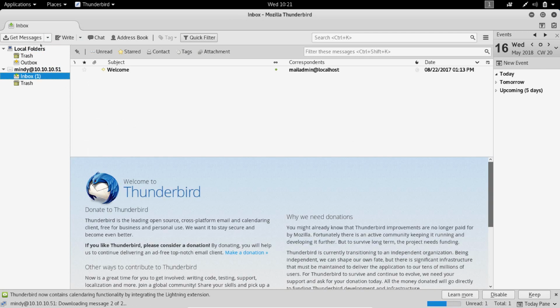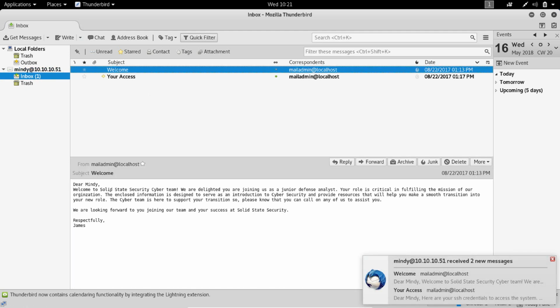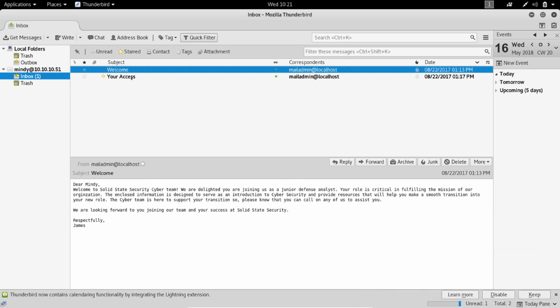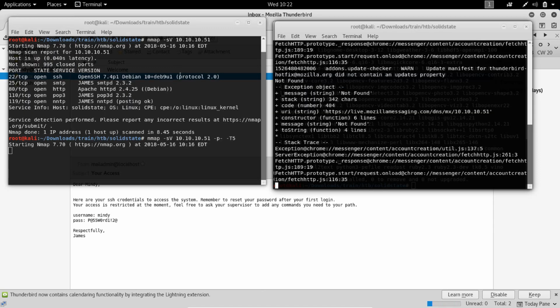Okay, so we have Mindy. Let's get the messages from Mindy's inbox. So we have a welcome. So nothing important here, and your access, which as we can see, we have some SSH credentials to access the system. So user Mindy and password, this password. Okay, now let's try and SSH into this. But first,